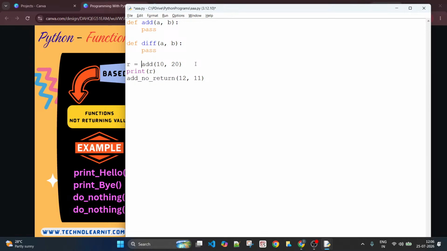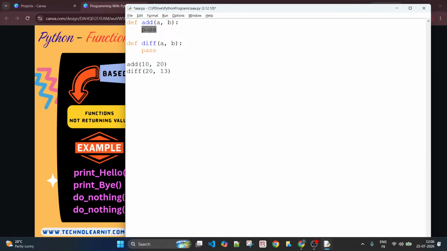So now what happens if I call the add function? Remember this pass doesn't return any value, right? It only suppresses the error, saying there is a function definition, so when I am called, don't return any error because I'm already available. So now I can call add and diff directly, but they do nothing. Still, I can make use of them. They don't do anything because they don't have the body implemented. They are not defined yet.